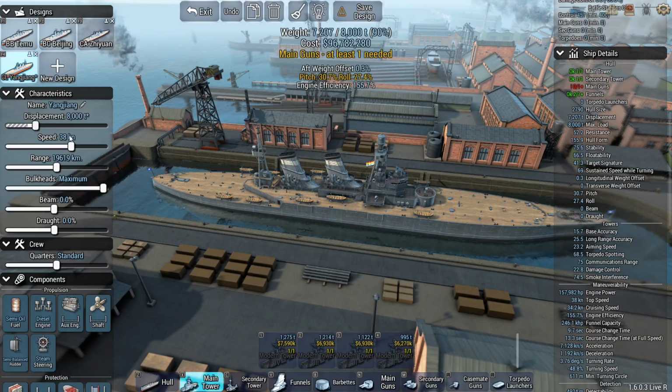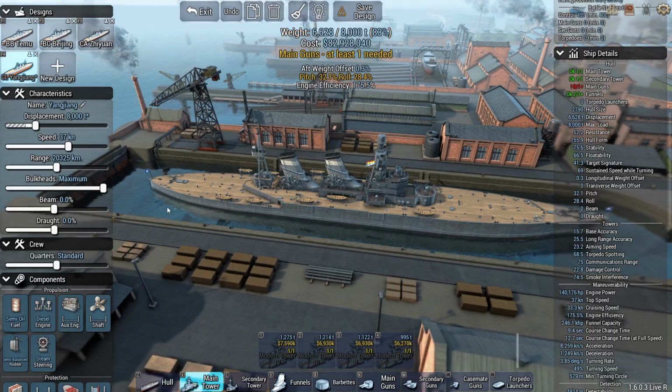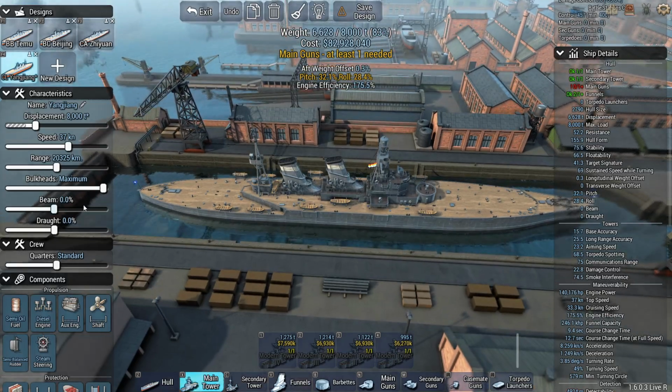Can I make it even a little bit faster, or is that gonna just make the ship super overweight? How about the 5,000 tons for 36? 600. 7.2. 7.8. Overweight. I think 37. Actually,